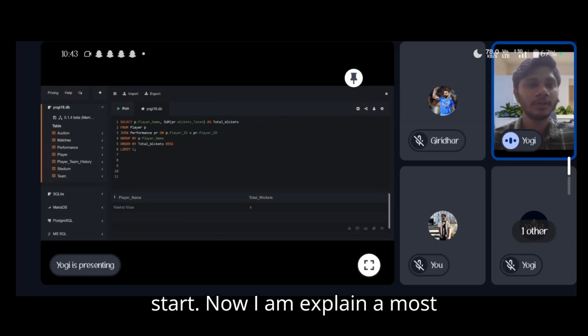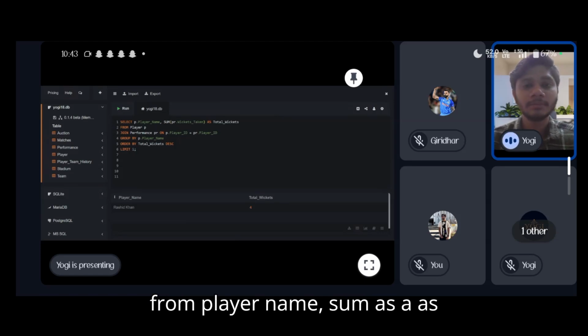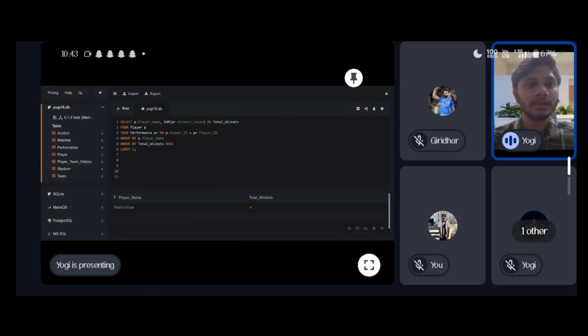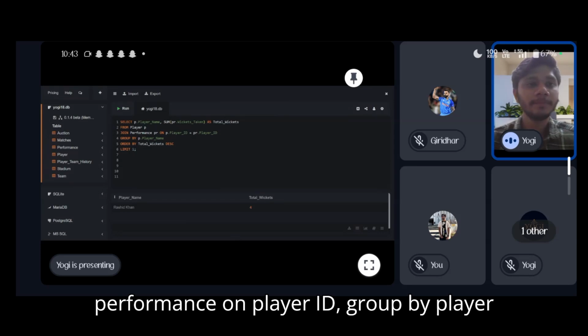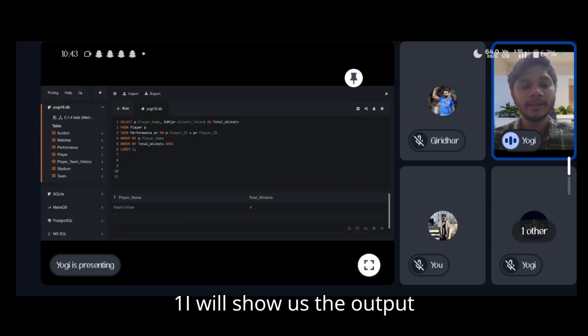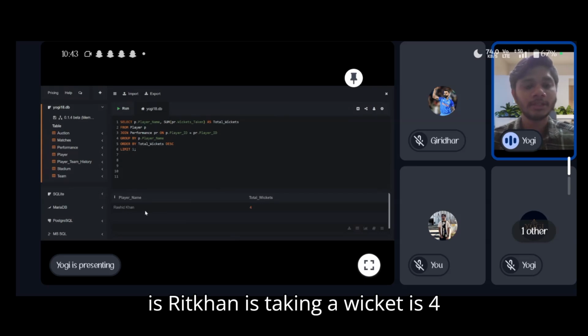Now I am going to explain the most wicket getting query. Select player name, sum as total wickets from player. Join performance on player ID. Group by player name and order by total wickets. Limit is 1. The output shows the most wicket getter is Rashid Khan,